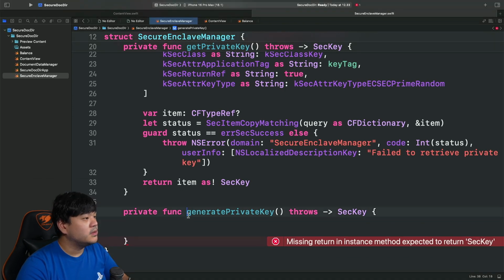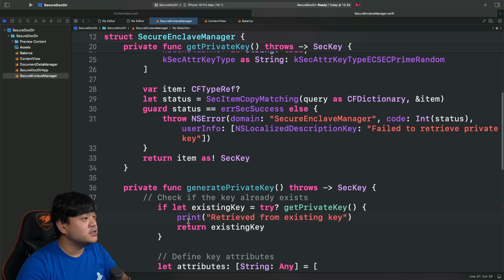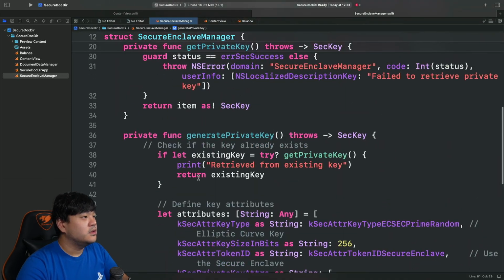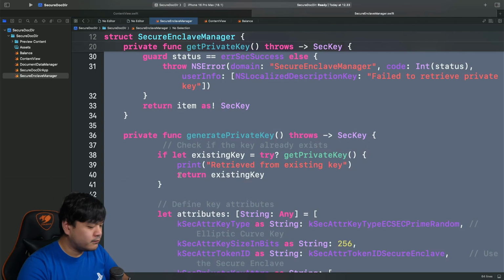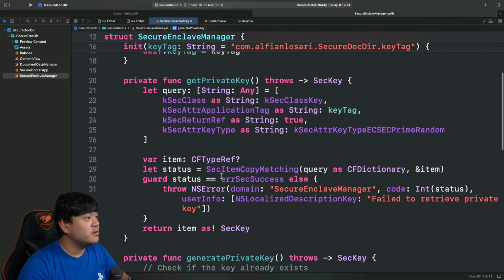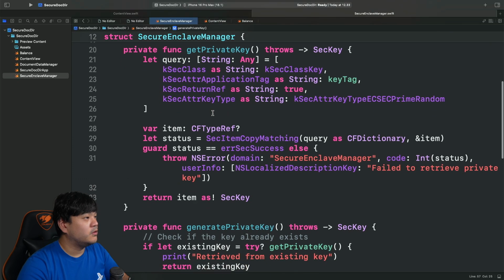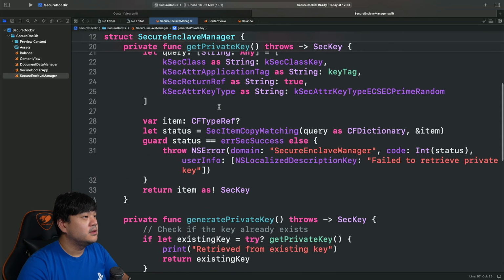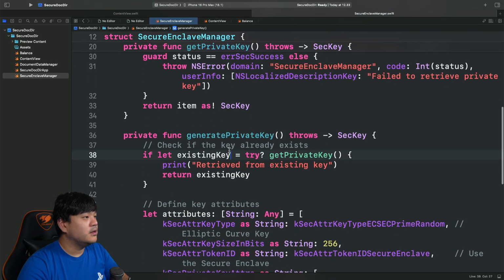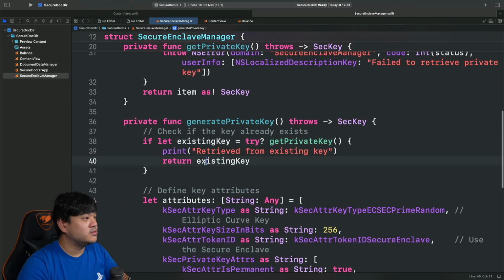Let me just copy and paste this as well to save time and explain it to you. First we check if the key already exists by invoking the method that we have created before, getPrivateKey, which will query the private key from the secure enclave hardware. If this exists, then we just return the key.